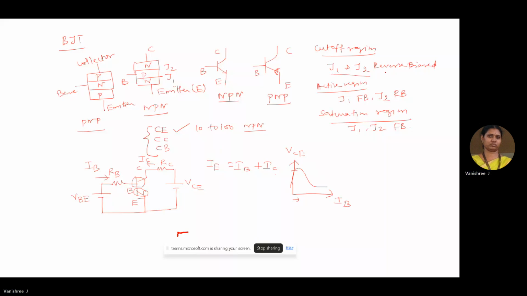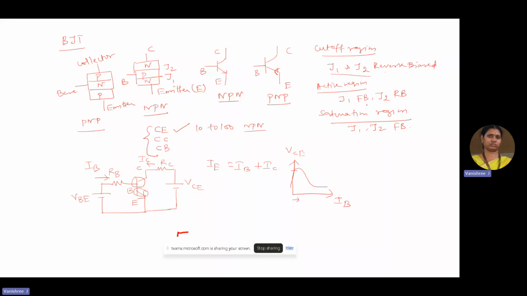Then, as we increase the VBE value more and more, the first junction becomes forward biased, whereas the second junction is reverse biased. During this, the VCE voltage gets reduced and the base current rises in its value. This region is called the active region, and still the magnitude of IB is not sufficient enough,